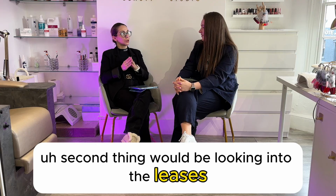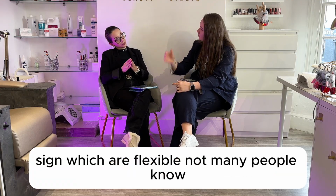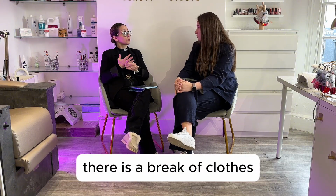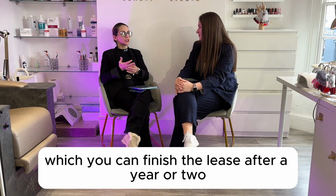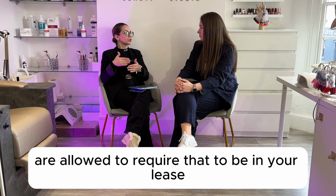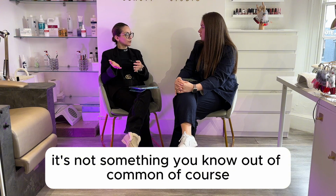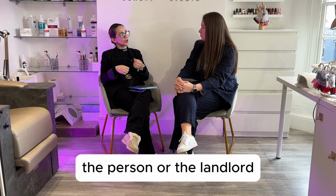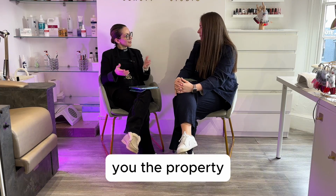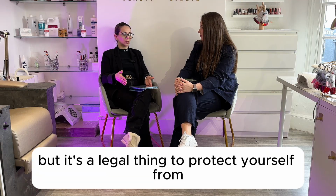The second thing would be looking into the leases and contracts when we sign, which are flexible. Not many people know, but one thing to mention is that when you're signing a lease, there is a break clause, with which you can finish the lease after a year or 2. You are legally allowed to require that in your lease and contract. It's not out of the ordinary. Of course, the landlord will probably be a little bit more cautious about letting you the property. It's not in their interest, but it's a legal thing to protect yourself from